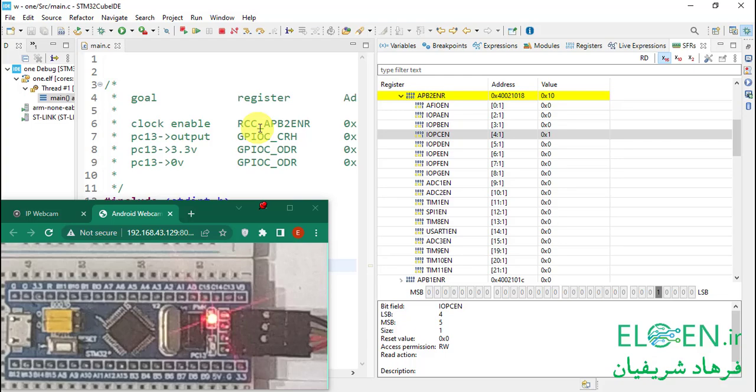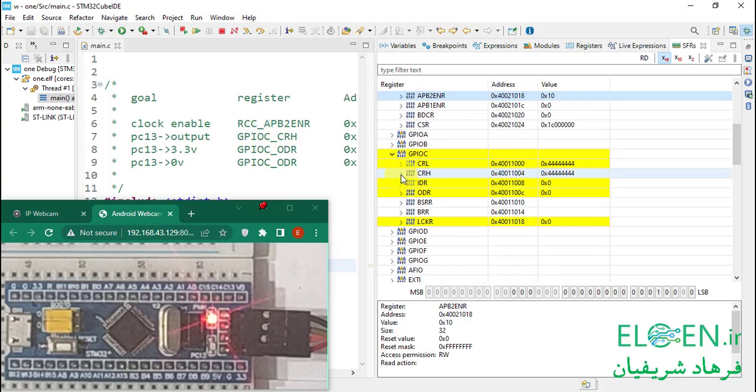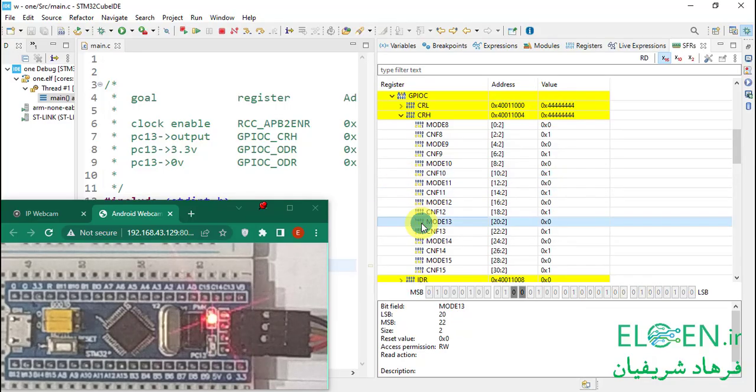Next, we have to set bit 21 of the GPIO CRH register. GPIO CRH register, mode 13. This is bit 20 and this is bit 21. Pay attention, when I set this bit, what happens to this green LED? I set this bit, as you can see, green LED is turned on. Because PC13 is an output configuration now and its state is low, so LED is on. Then we go to